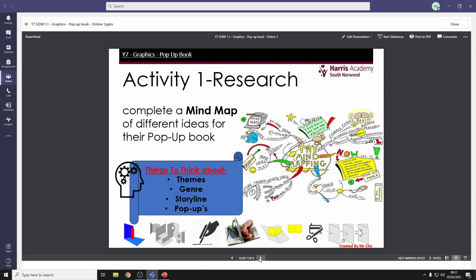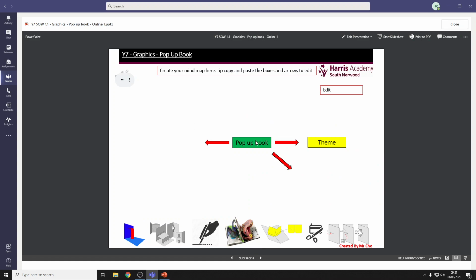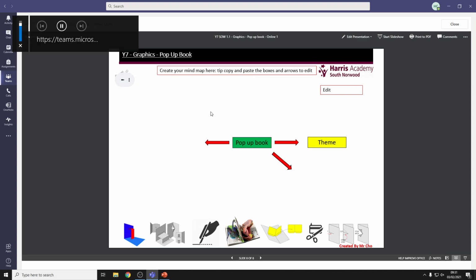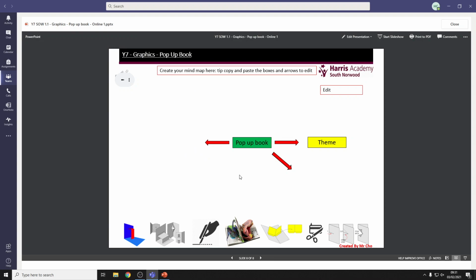We got the design brief, and we've got the mind map that we're going to do. So this is the mind map. What we need to do is mind map everything that you can over here. You should have created your mind map, so it's everything to do with a pop-up book. What type of theme, what kind of mechanism and characters, storyline, those sort of stuff that you want to mention, that's what we want to put on here. So what you do next